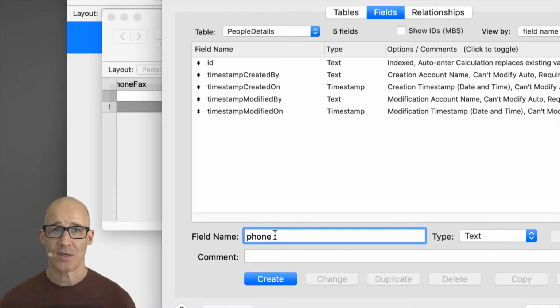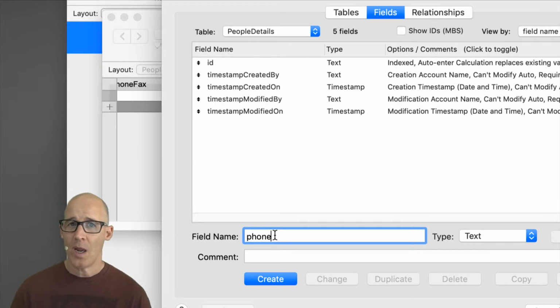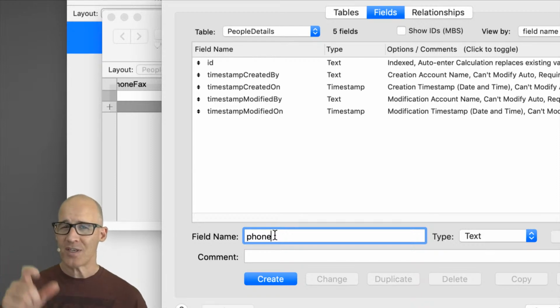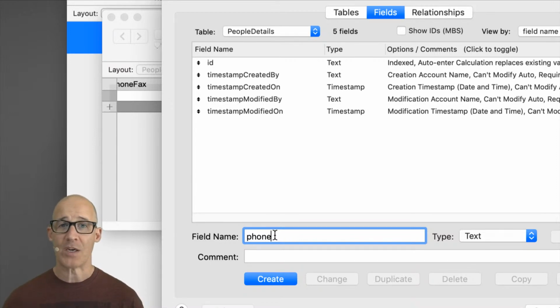An email address. Is it possible to store both an email address and a phone number in the same field, but also know that they are distinctly different from each other? Yes, it is. So I don't have to call this necessarily phone. I can call this